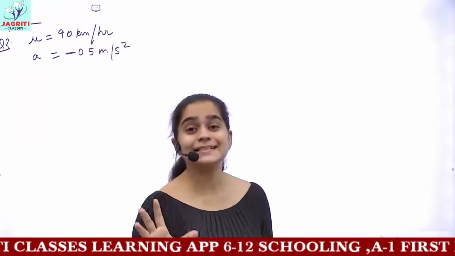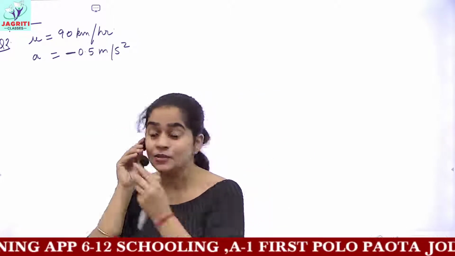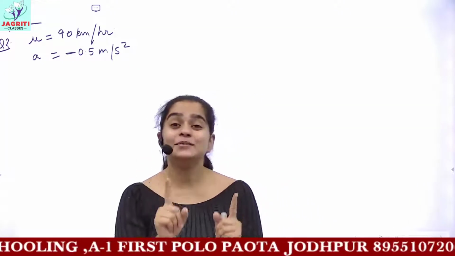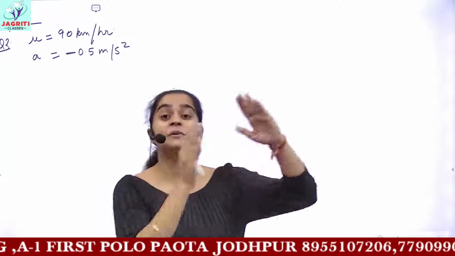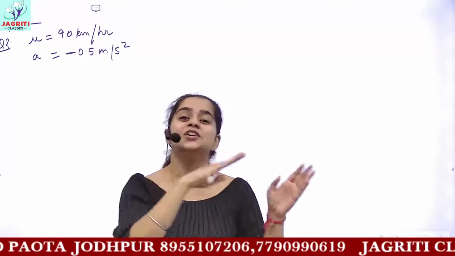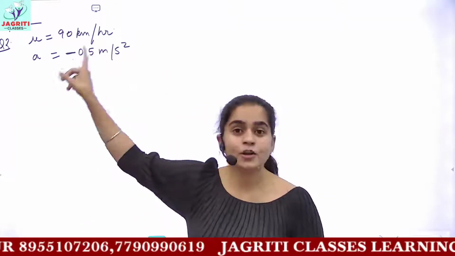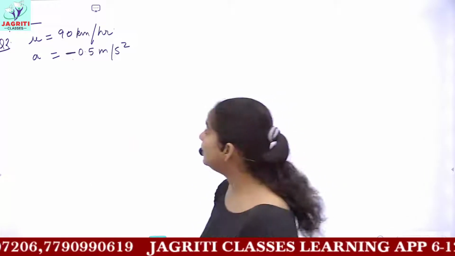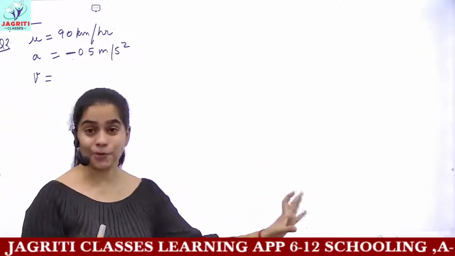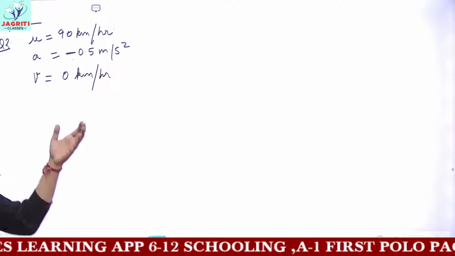When I discussed the acceleration topic with you, I told you acceleration may be positive, it may be negative. So what does negative acceleration mean? We call this negative acceleration as retardation. Acceleration in the general sense means when the speed is increasing. But yes, you can also call it acceleration when the speed is reducing or decreasing gradually. So here negative symbolizes that the speed of the object is reducing. And because the brakes are applied, we know at the final stop, the train would stop. So we can infer that the final velocity of the train would be 0 kilometers per hour.